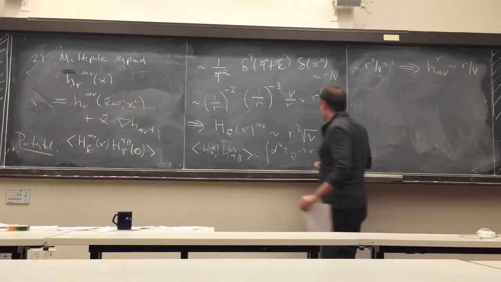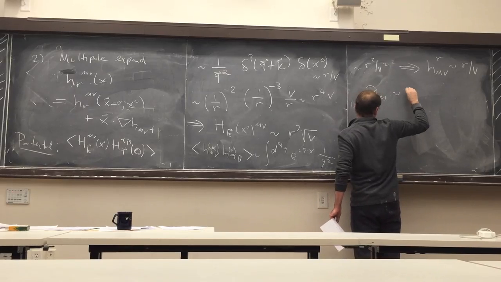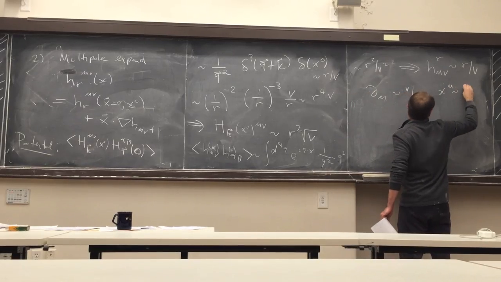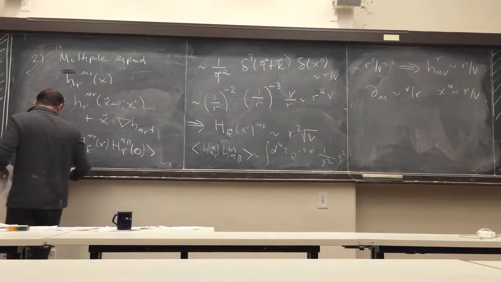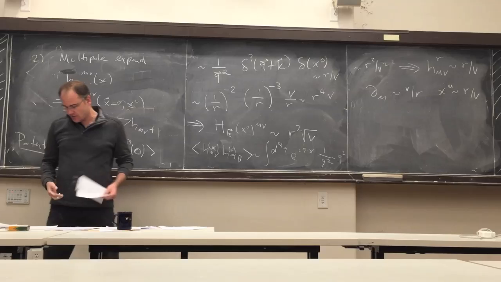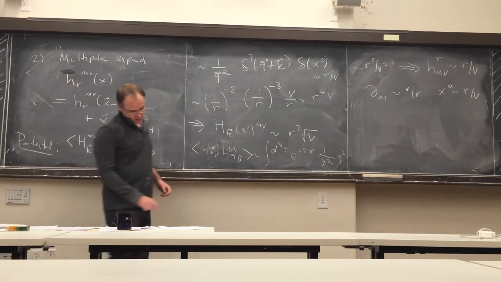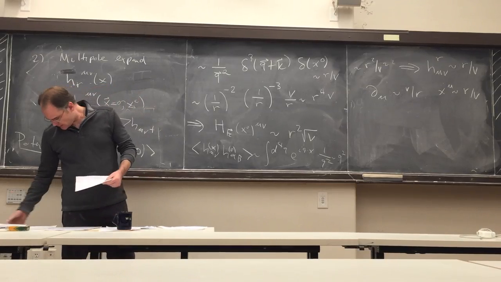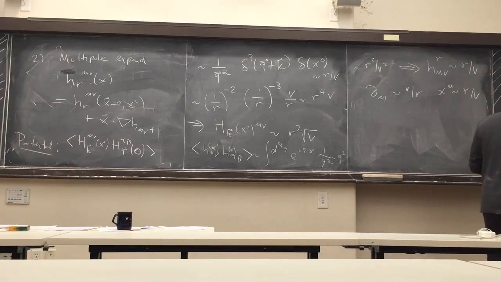And now you can assign with this and the fact that derivatives go like v over r, and then coordinates go like r over v, you can assign powers of velocity to any term in the action. And so, for example, we can write down vertices that scale like definite powers. So just to do one example explicitly,